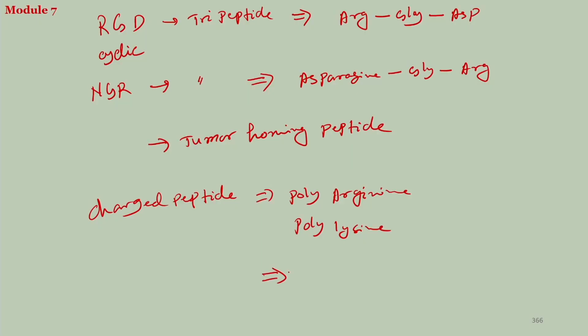So, they are known as cell penetrating peptides. In short, they are called CPP. So, those kinds of molecules with high positive charge and polar side chains can cross the cell barriers, can penetrate into the cells, and that is very important